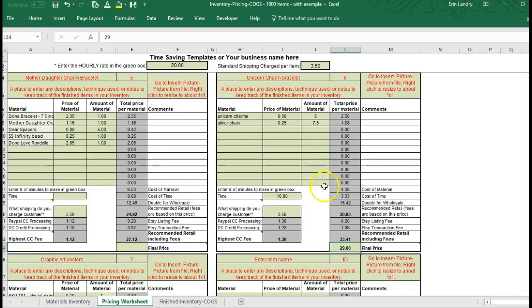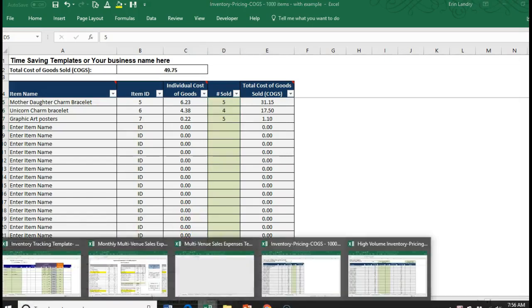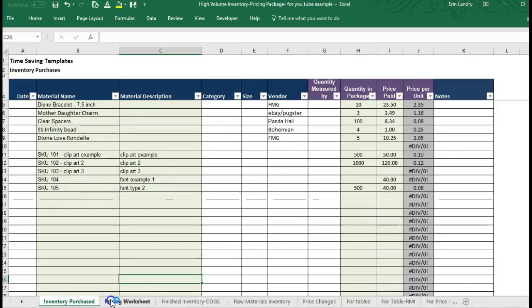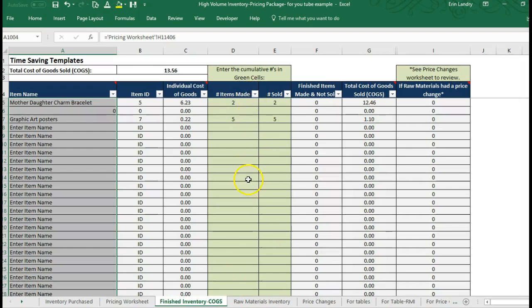You could keep the items that you've already priced in here so that you wouldn't have to do that part again if you're selling a lot of the same items each year. Now, if you wanted to upgrade from the basic package to the best seller package, you can also buy this template separately. The high volume inventory pricing package includes those 3 same pages, the inventory pricing and finished inventory COGS